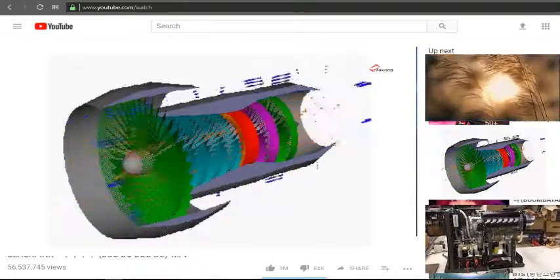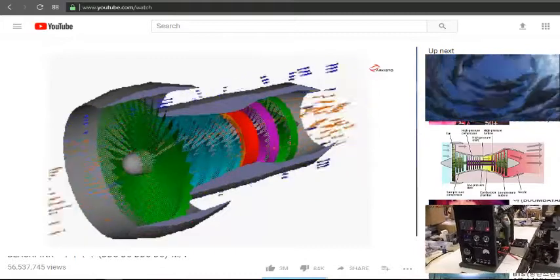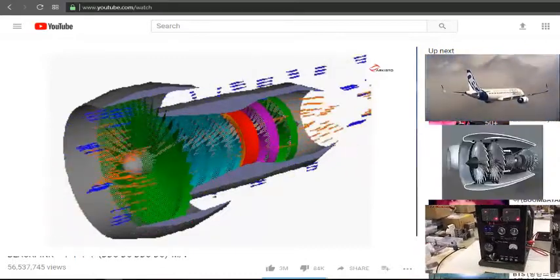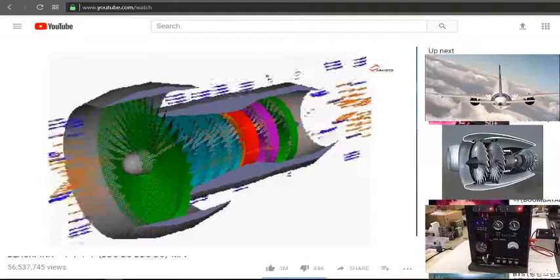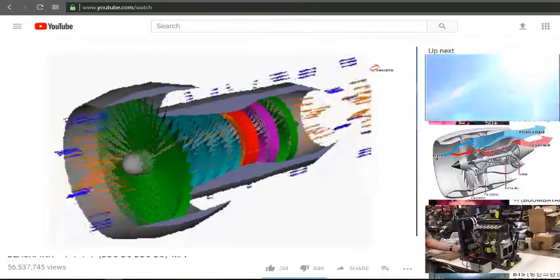The fan sucks in air and then it further gets compressed, and combustion takes place in the burner. As you can see in the animation, instead of burning the whole fresh charge, only some part of it is used for combustion and the rest of the air just bypasses, goes